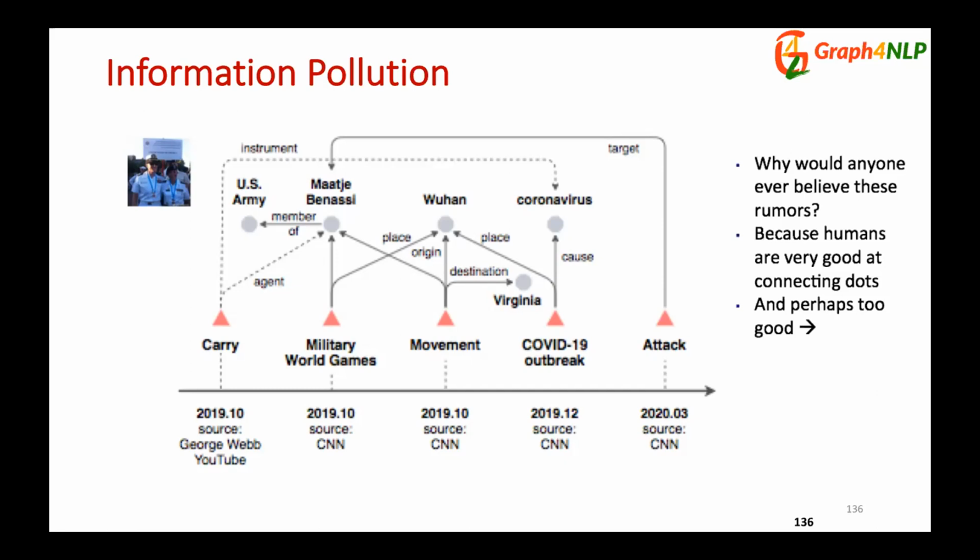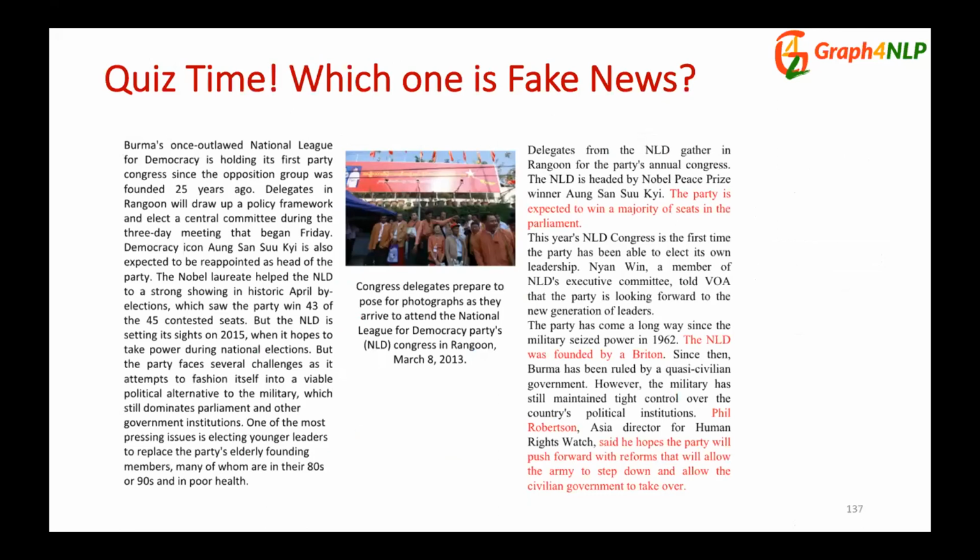This woman soldier was falsely accused as patient 0 for coronavirus simply because she attended a sports event in Wuhan in October, but she was never tested as positive. So she actually got a lot of harassment because of this, and many people actually believe this kind of misinformation. The reason is because humans are really good at connecting dots, and a lot of the fake news usually subtly manipulated the knowledge elements, or maybe they only have like 90% of the true real information and then 10%